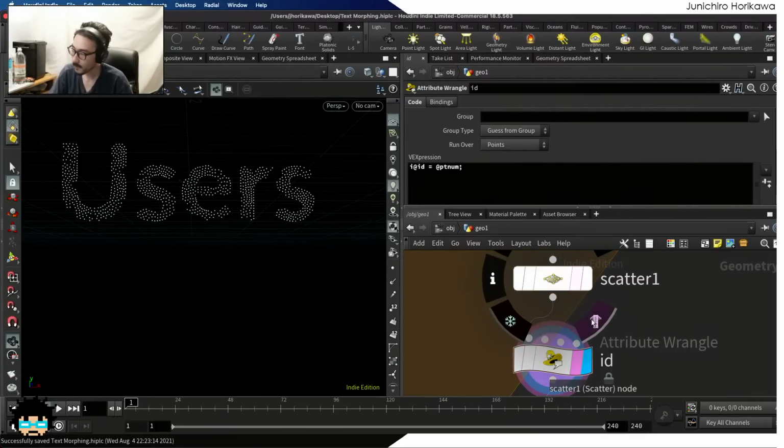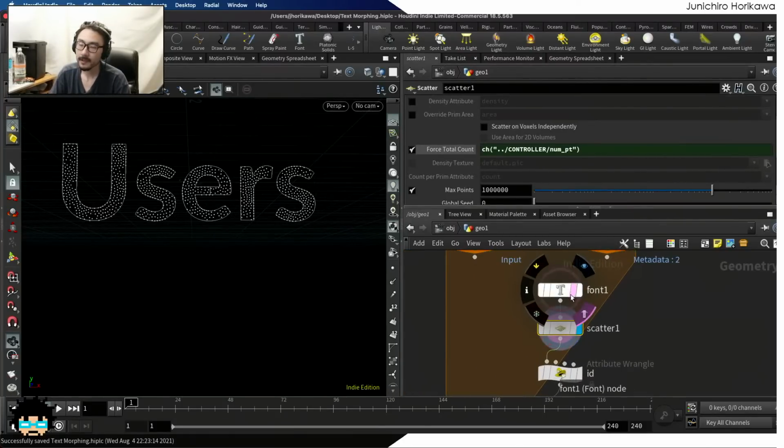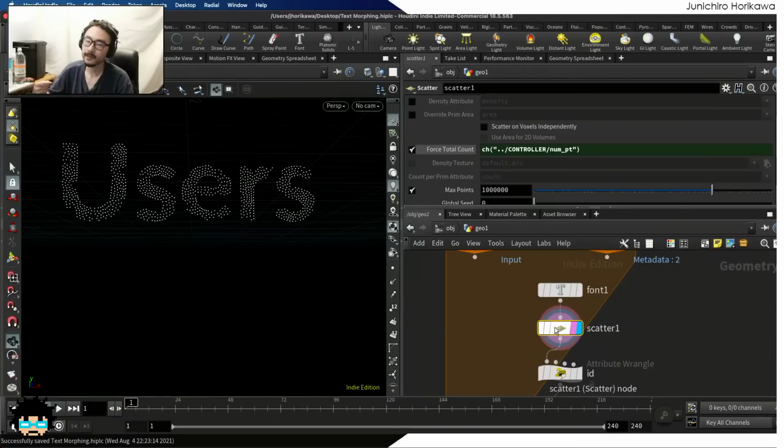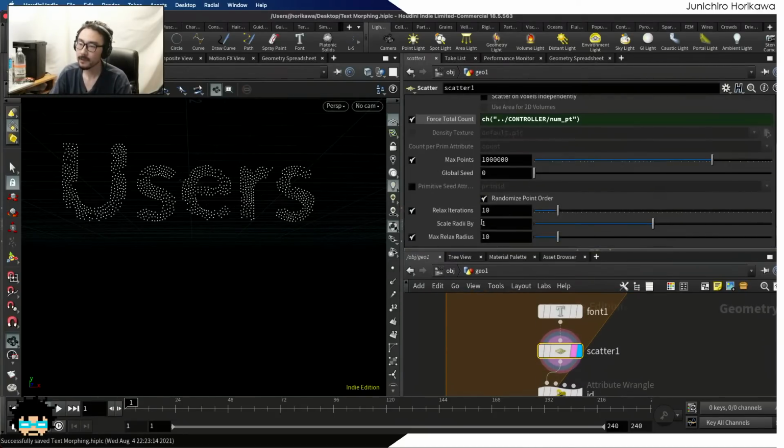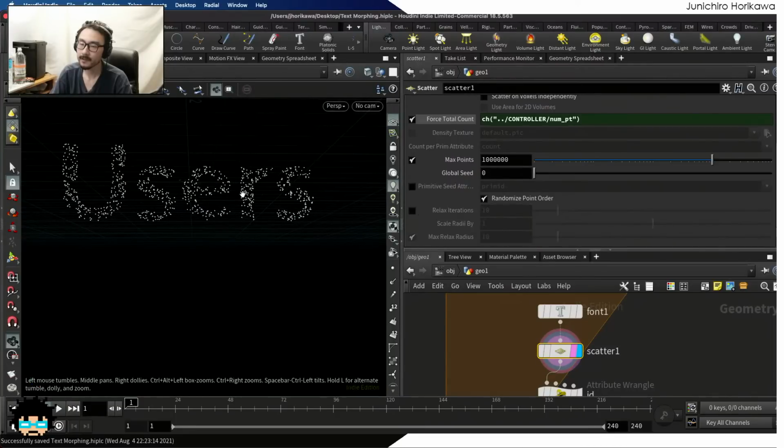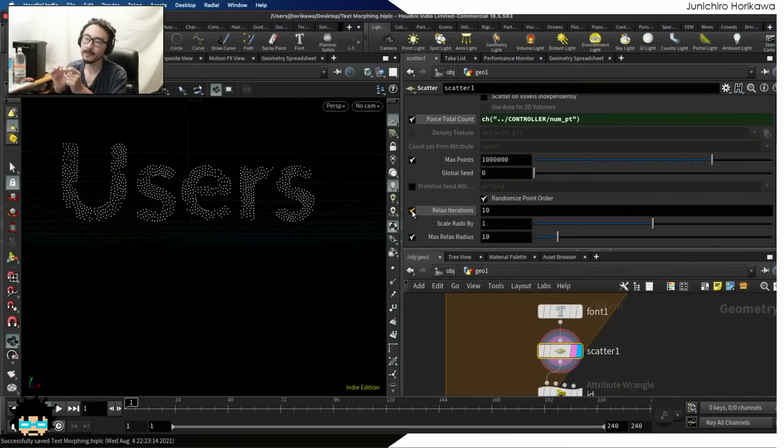Okay. I have another question. I notice when using the scatter node SOP, the points are not 100% representation of the surface. That's true. That is because it is using its own relaxing-like function inside the scatter node, which is controlled right here: Relax Iterations. Normally, if you uncheck this, it becomes more random-ish, where the points have been scattered. And by using this relax iterations, you'll be able to have decent, same-distance separations in between